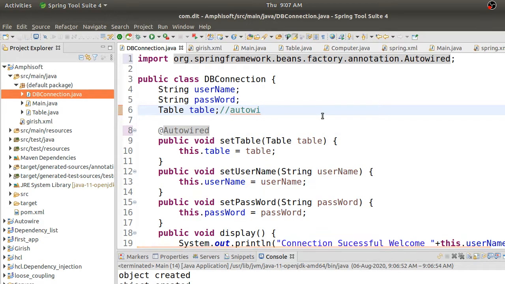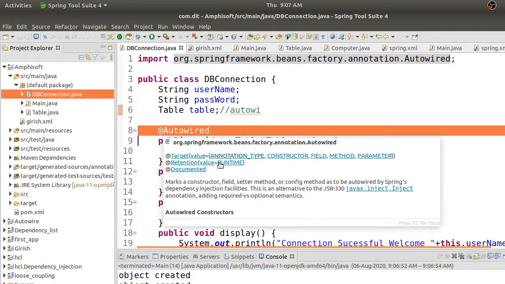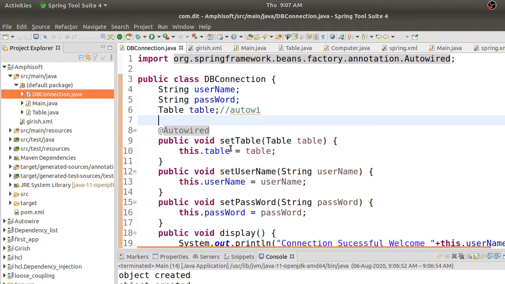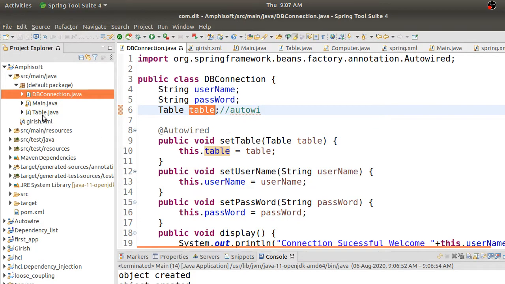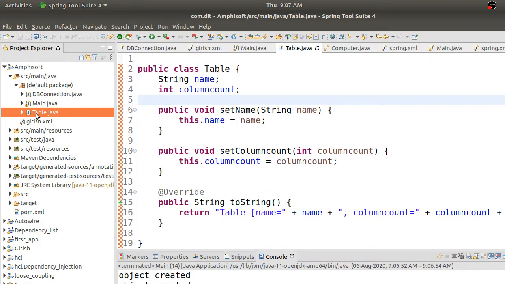If you write this one line, it will take this setTable, which is the dependency, an object type of dependency, and directly inject it into my program. It will inject this dependency to whatever I am looking for, so that will be done automatically.